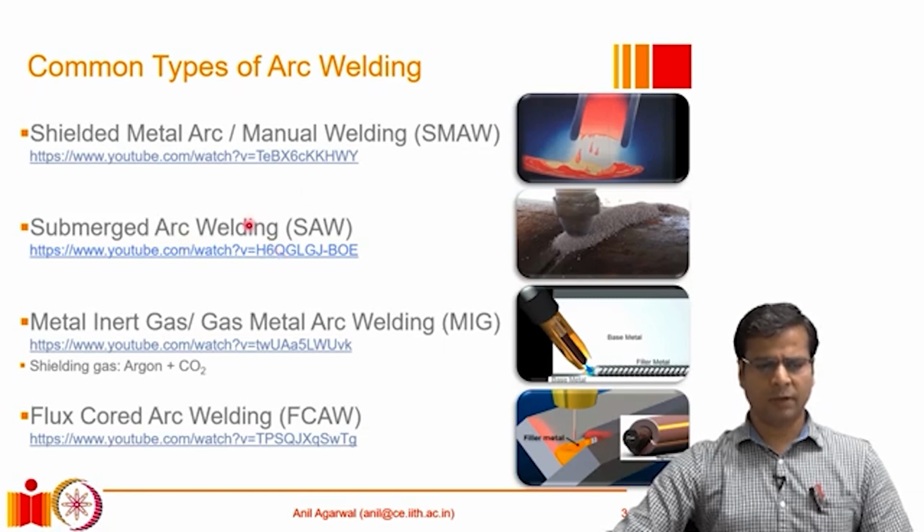The other one, the one variation of this SMAW, which is basically manual welding, is the SAW, which is known as submerged arc welding. So in this process, fundamentally the two processes are similar. However, this process is much more suitable for automated welding. In an automated welding, what happens is that the electrode does not have any flux material coated on it. However, the flux material, the tiny beads of flux material, what you can see here in this image,